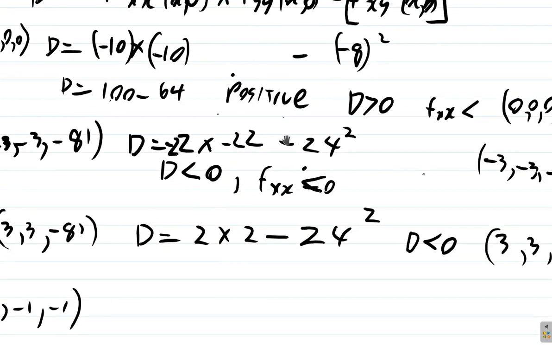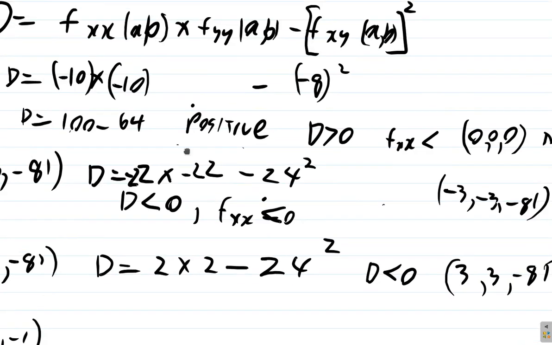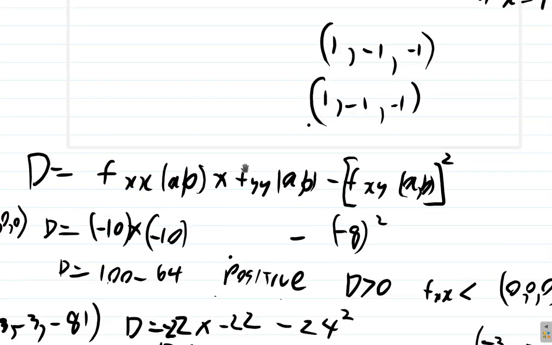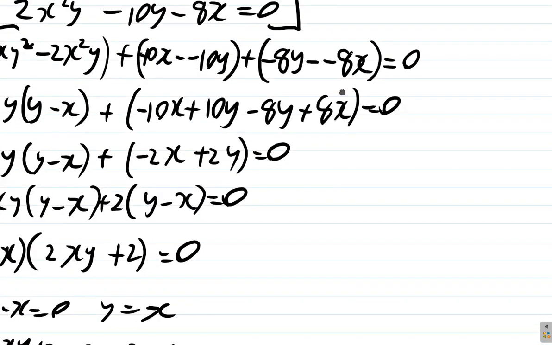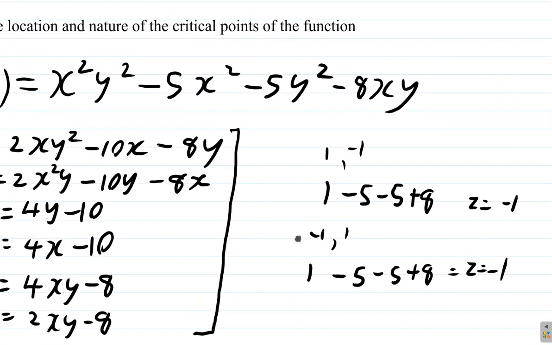And the other point, negative 1, 1, negative 1. Because when x is negative 1 and y is 1, just checking again,